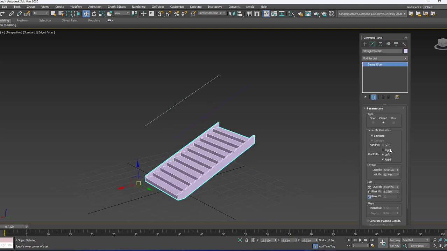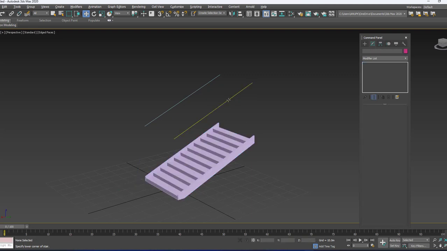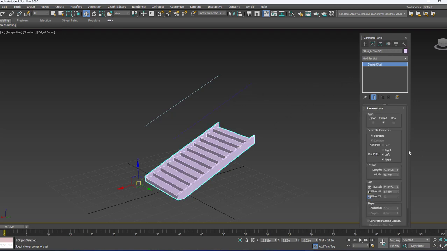Either you keep the handrail if you want it in 3D, or else make it off and then click the rail path. By using this rail path, we can create the railing by using the rail option separately. We can see it later.